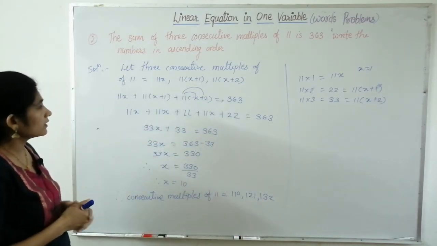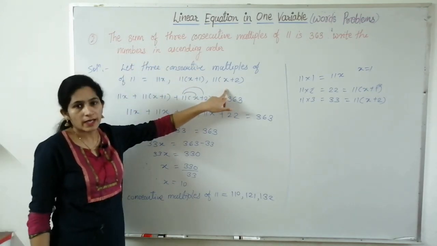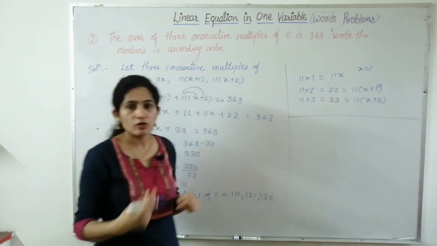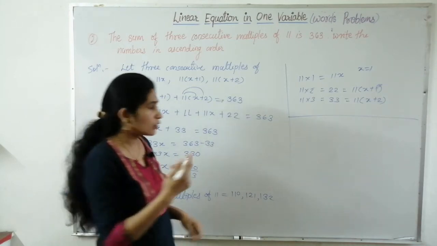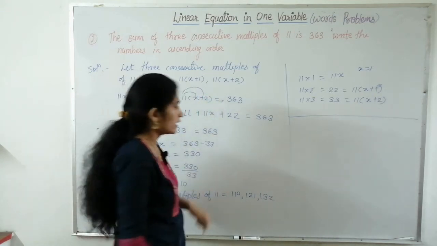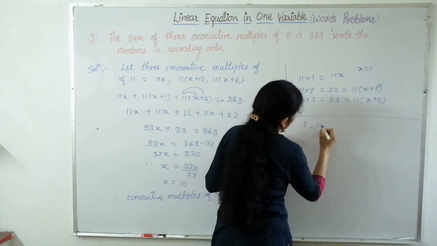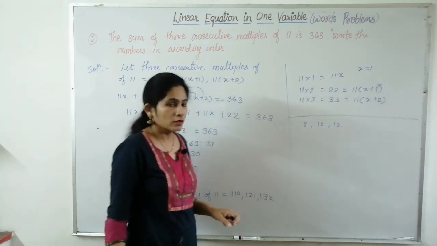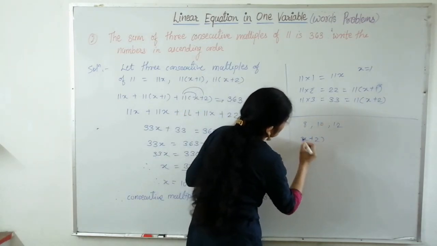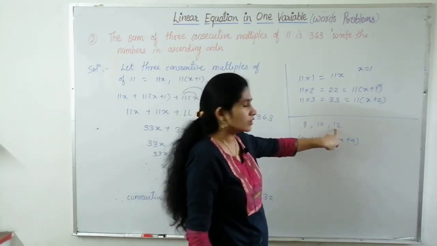See, the difficult part in this word problem is just to take the values in terms of x. Most of the time the example on consecutive odd integers and consecutive even integers is asked. So how to take the consecutive odd and even integers in terms of x, I'll tell you. See, let's take even numbers like 8, 10, 12. Now if I have to take the smallest number as x, then 10 I can take x plus 2, and 12 I can take x plus 4, because 8 plus 4 is 12.